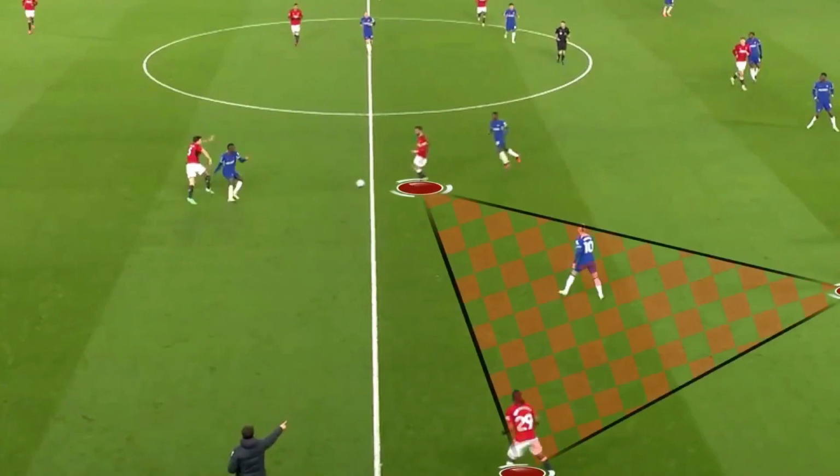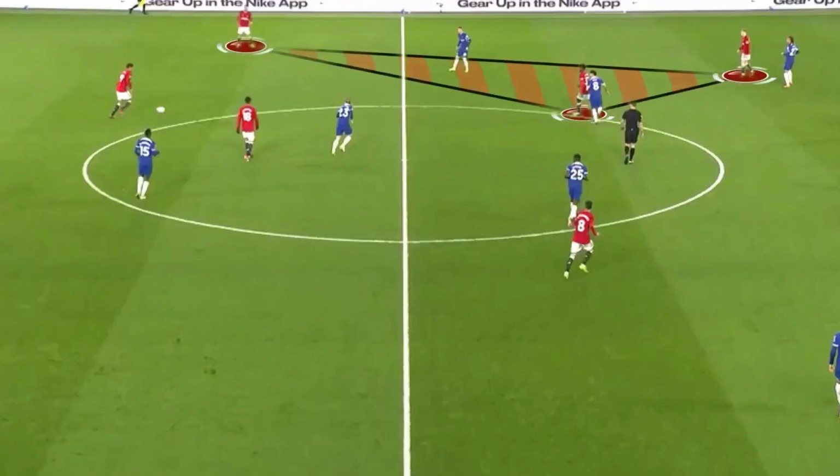The second pattern was the return of these possession triangles, made up of an 8 playing in the half space, the fullback and the wide man. Same phase of play, and we have the same setup on the other side. Now, these patterns were not as fluent as they were at Old Trafford against Chelsea, but they were effective in